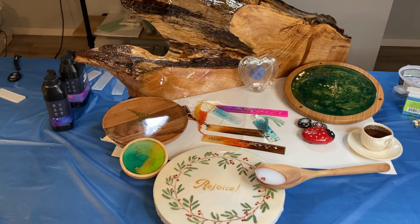We're back in my studio and I want to show you some of the fun projects that I've done with resin epoxy, and you can see there's quite a variety from bookmarks to rocks and all kinds of other projects using different materials and that are different sizes. We are going to make some resin bookmarks today, but I wanted to show you it's just an introduction to